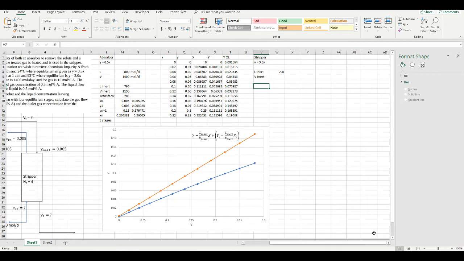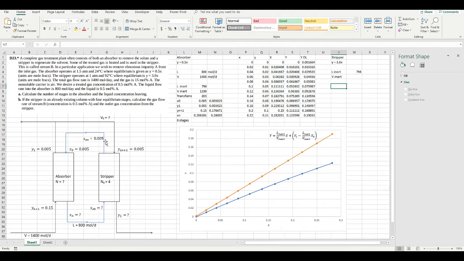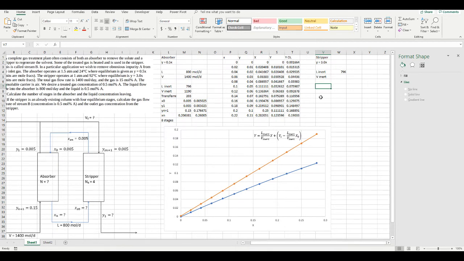So in terms of the concentrations, we do know that the outlet liquid concentration needs to be 0.5% mole fraction, and the inlet gas concentration needs to be 0.5% mole fraction. So xn is equal